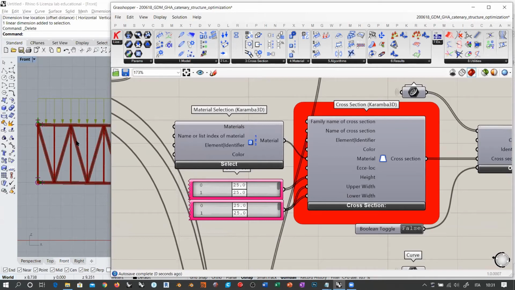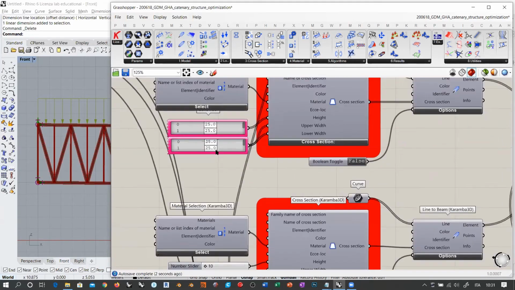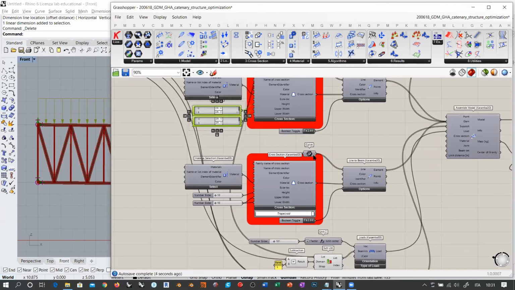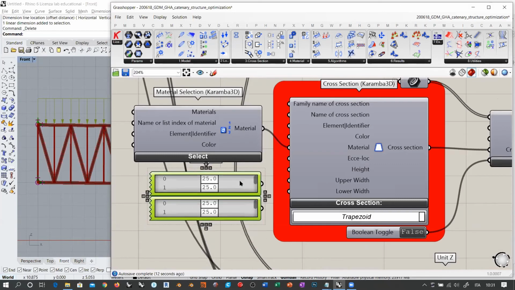So they are going to be thicker than before. So the deformation is going to decrease. And here also we have 15. So I'm going to take this and I'm going to get rid of them. And